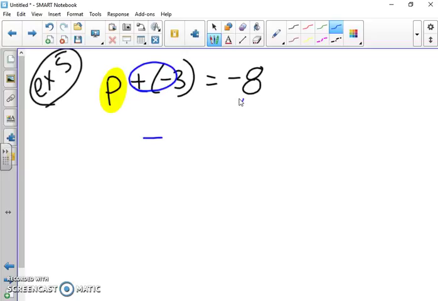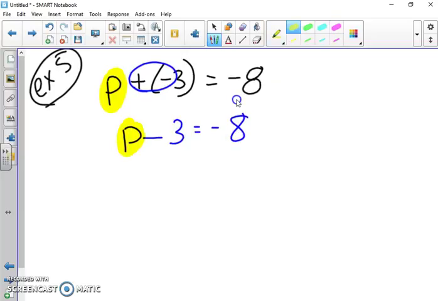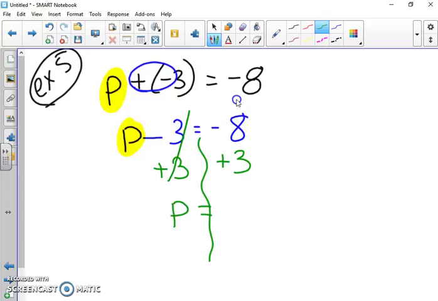A positive and a negative is a negative. So now I'm just going to drop the p, the 3 equals negative 8. Now, let's just go ahead and solve it. So I find p, draw your river. I cover up p, I'm left with a minus 3, the opposite of subtracting 3 is adding 3. Drop down your p, and on my calculator, a negative 8 plus 3 is a negative